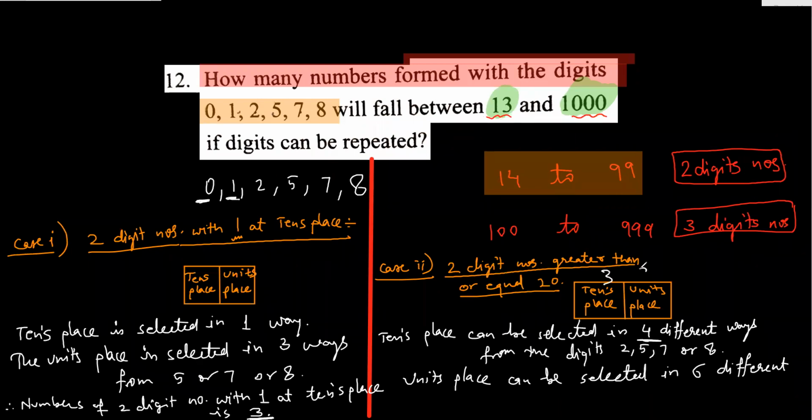If you have 3 here and 3 here, 33, repetition is allowed. I'm sorry, 3 was not there. I'm sorry, students. Say you have 5 here and 5 here, 55. 55, repetition is allowed. And 55 is also greater than 13. So you need not worry about that. So 6 ways. So what I will write, therefore, the number of